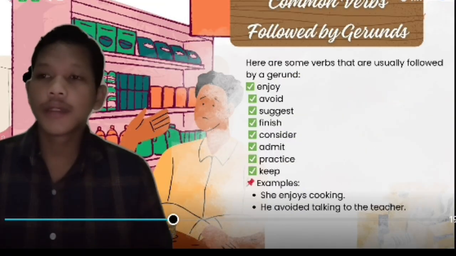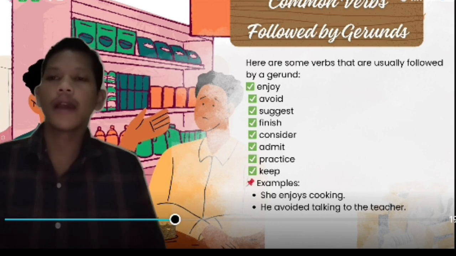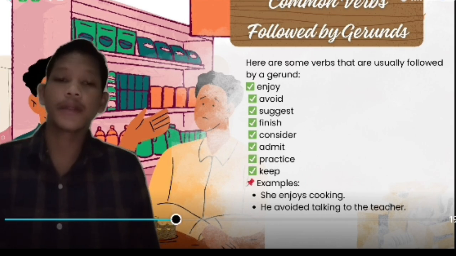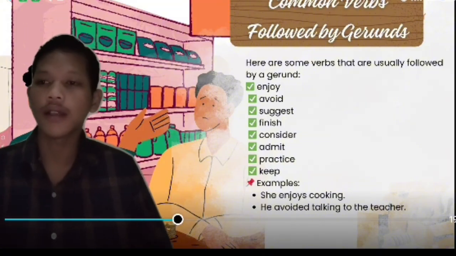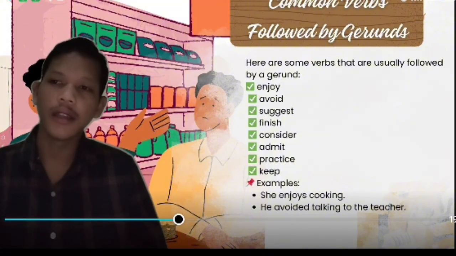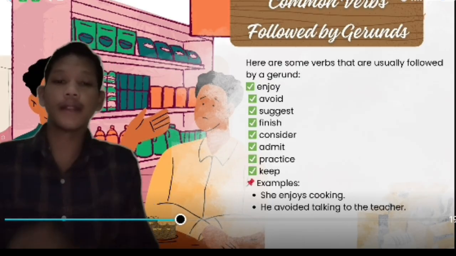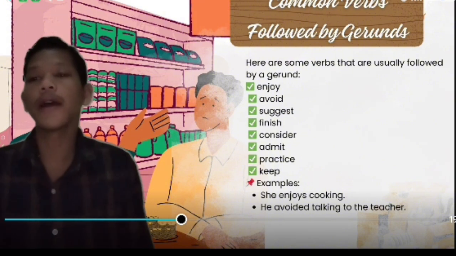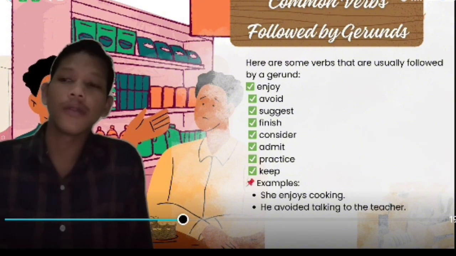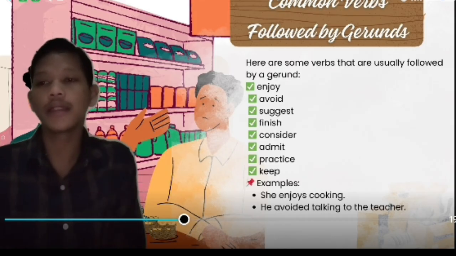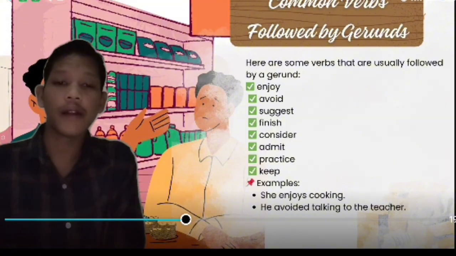Okay, in this part we will compare which one is a gerund and which one is a present participle. Okay, the first one, swimming is fun. Is that a gerund or participle? Yes, that's a gerund. Why? Because it's the subject of the sentence and also functions as a noun in this context. So that's why it is a gerund.